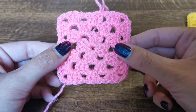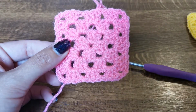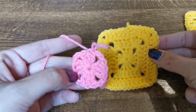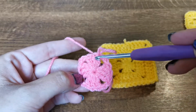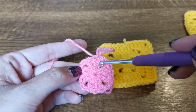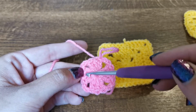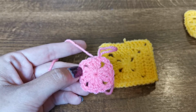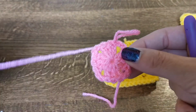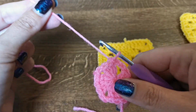So we're going to move on and we're going to look at the difference with a solid granny square. So a solid granny square, which is this one, has the same starting round as a traditional granny square. So it has these 4 clusters of 3 double crochet separated with a chain 2 corner. So it's exactly the same as what we did for this one. The difference is in how we build the new rounds. So once you've got that starting round and you've joined it at the end,